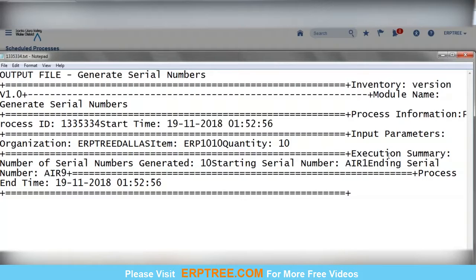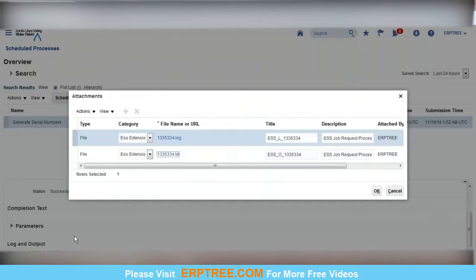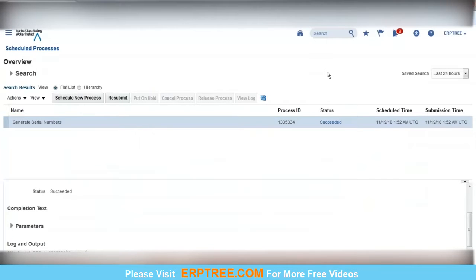Okay, so this is the starting serial number, and this is the ending serial number. It has to create one more also. It is showing up to 9. That means the functionality, how it was given and how it is working, is that it is taking the given starting number. There we gave 1 at the item level, but in reality the function is working